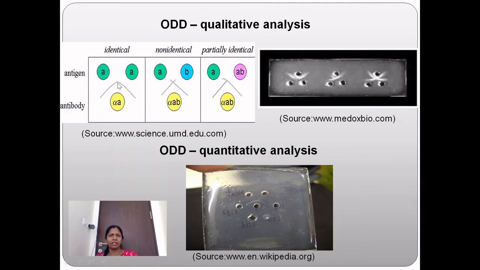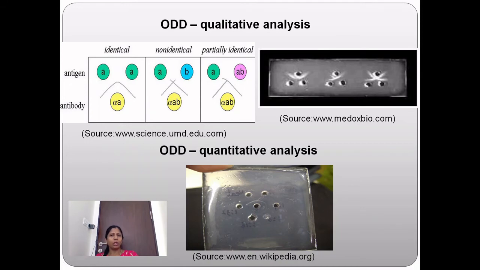In case the two given antigens are identical to each other, the precipitin lines give an arc-shaped appearance. In case the two antigens are different from each other, unrelated to each other, but interact with this polyclonal antibody, they give cross-shaped or crisscross precipitin lines. Those antigens which share some of the epitopes, that is, they are partially identical, give fusion of two lines with a branch or spur as the pattern of precipitin lines. This is a gel showing the different patterns of precipitin lines in case of qualitative Ouchterlony double diffusion.